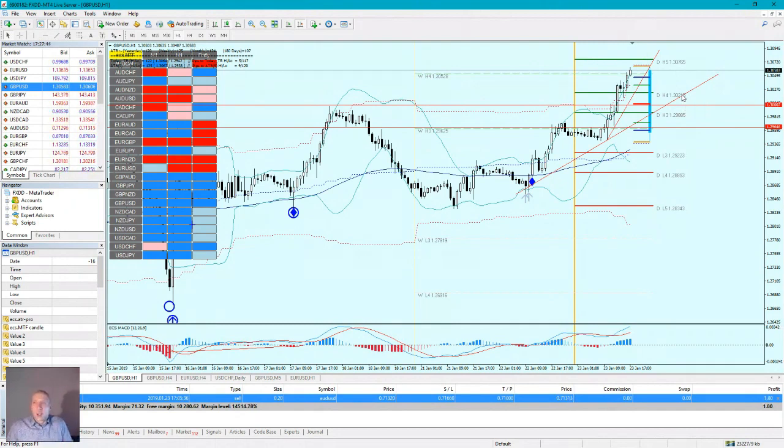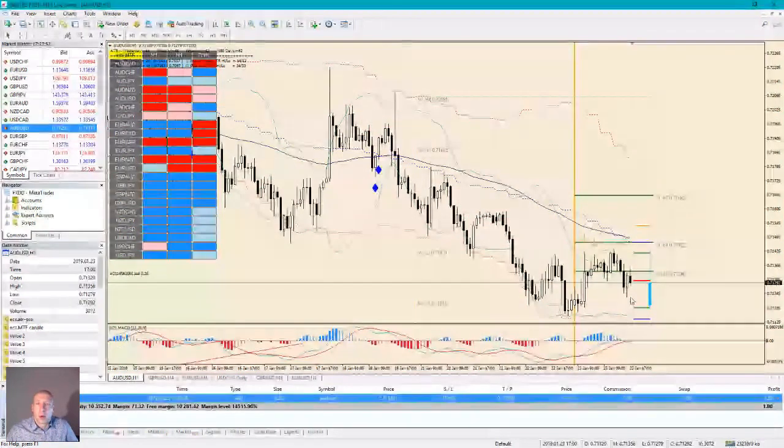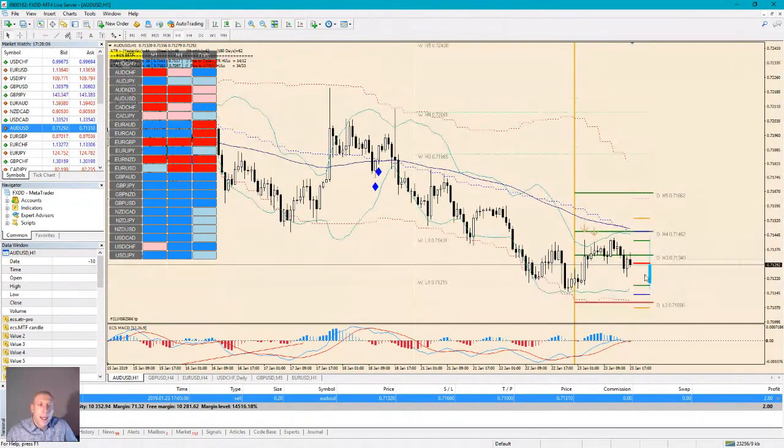Okay, so that would be all for today. Australian dollar trade running, okay? Wait for the price to go here, then protect your trade, move your stop loss, or you can close your trade for 15 pips. It's okay. Final target 71.00. If you want to go for the final target, scale out, put the rest to break even, or just move your stop loss to plus 15 pips, and then you will be